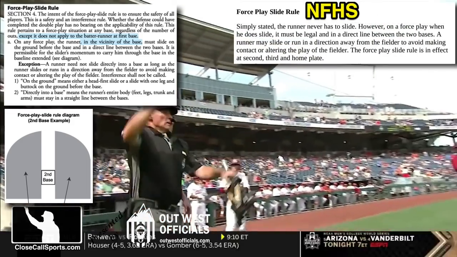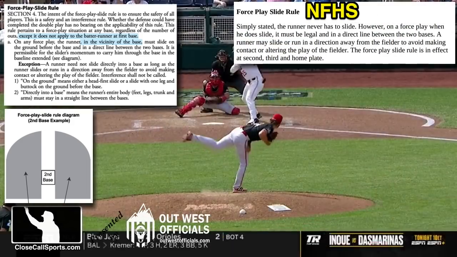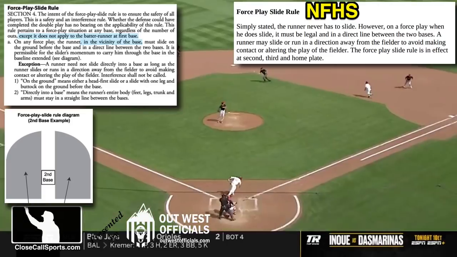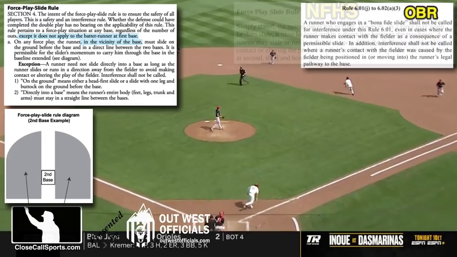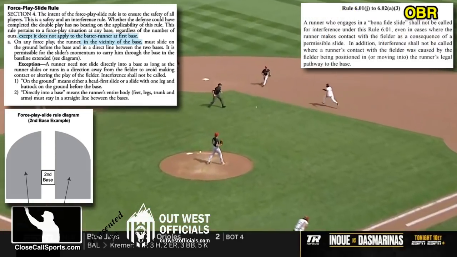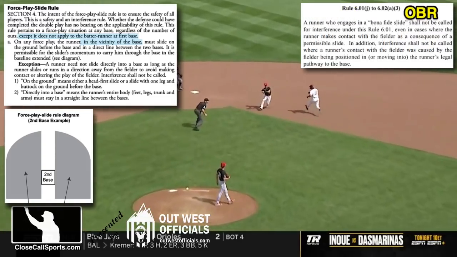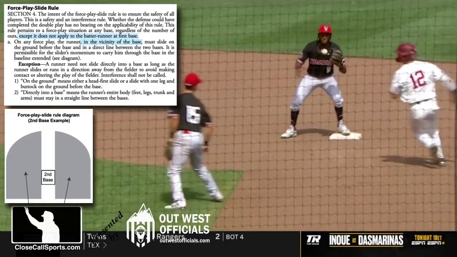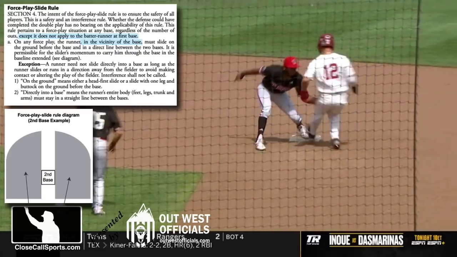High school, the runner never has to slide on a forced play. Even with the forced play slide rule in high school, they don't have to slide. Weird, I know, right? And in professional baseball, they never have to slide either, but if they do slide, they are protected from interference as long as they engage in a bona fide slide. Gets confusing. College, it treats it as a safety and interference rule, which means it's more important than anything else,